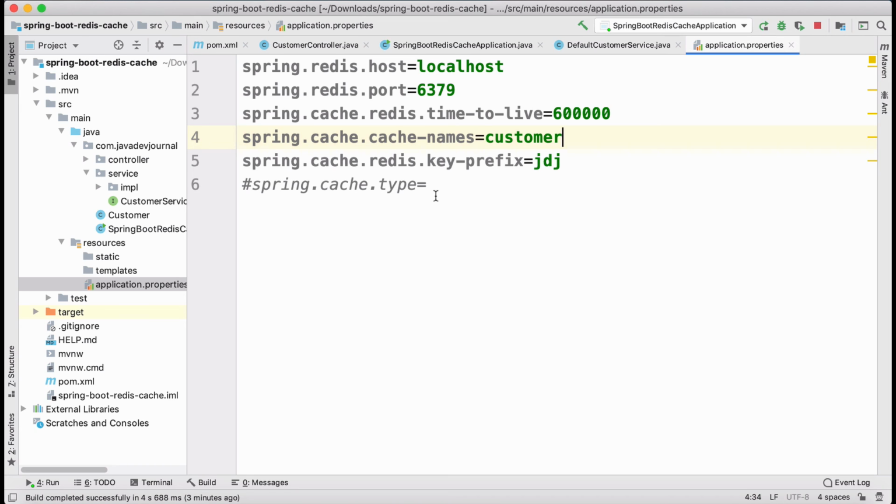Let's say you don't want to control everything with these properties, but you want to override certain things in your caching mechanism. How you can do that, I will cover in the next one. I hope that gives you an idea of how easily and quickly you can integrate Redis with your Spring Boot and Spring caching.